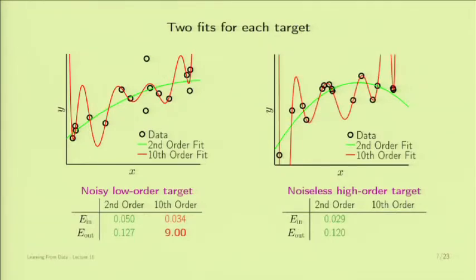So this is the 10th order. Now you need to remember that the 10th order is fitting a 50th order target. So it really doesn't have enough parameters to fit if we had all the glory of the target function in front of us. But we don't have all the glory of the target function. We have only 15 points, so it does as good a job as possible of fitting. When we look at the in-sample error, it's definitely smaller than here. It's actually extremely small. It did it really, really well. And then when you go for the out-of-sample,